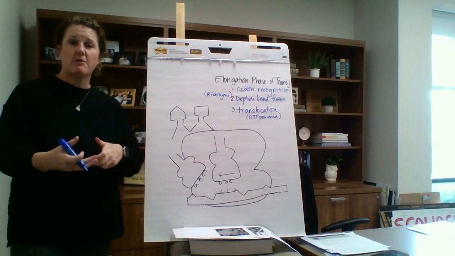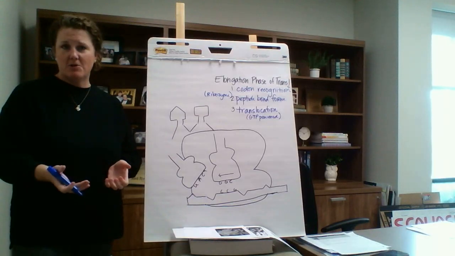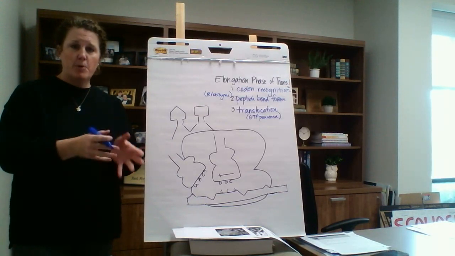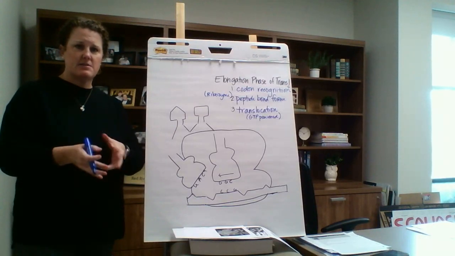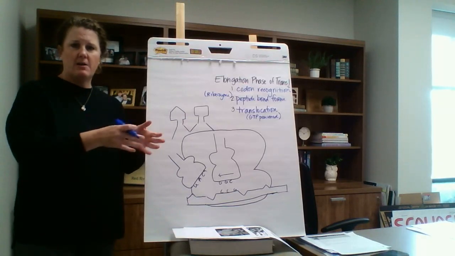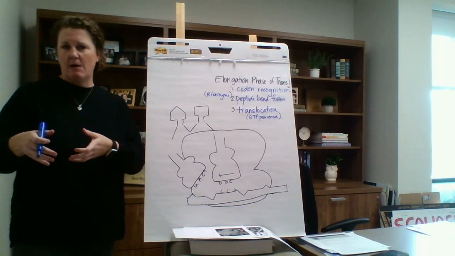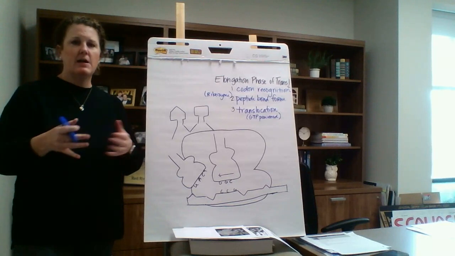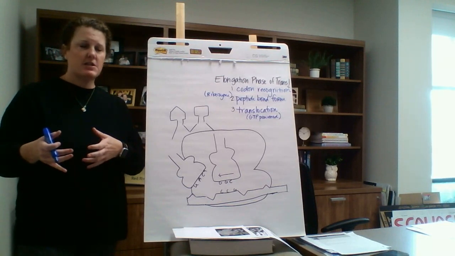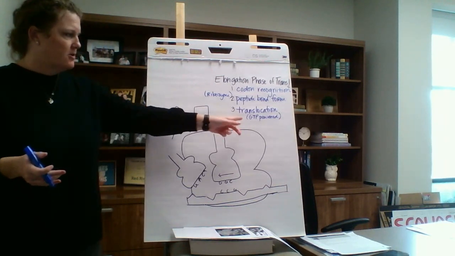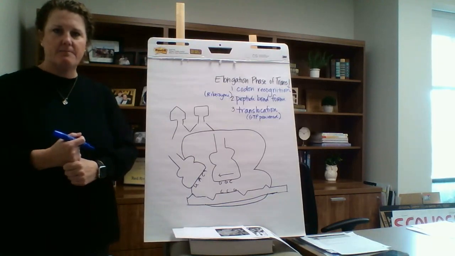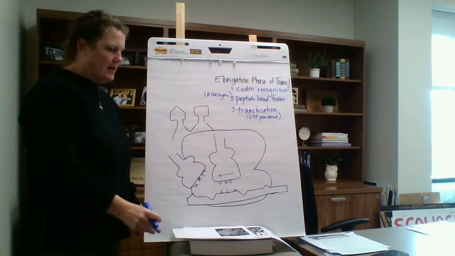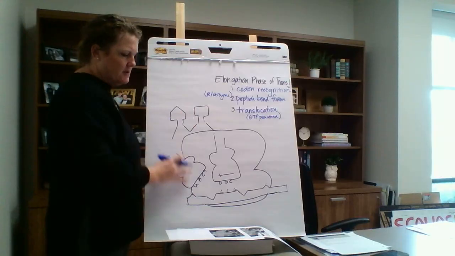It's going to transfer phosphates, and therefore it's going to energize that movement, that translocation, as those tRNAs are moving from A to P to E, and the ribosome is moving along the mRNA. That process is going to involve some energy, and that's going to be powered by a molecule called GTP, okay? So that takes care of the top right-hand corner, and now we're going to focus on the